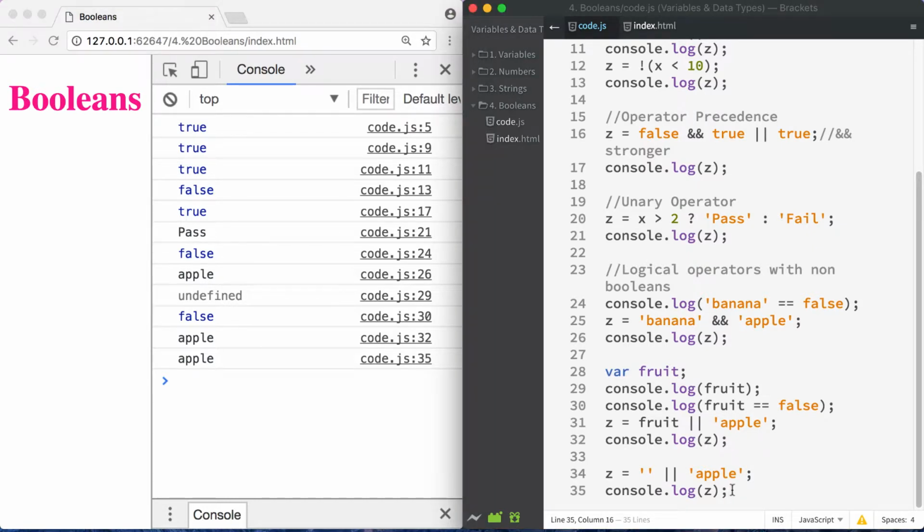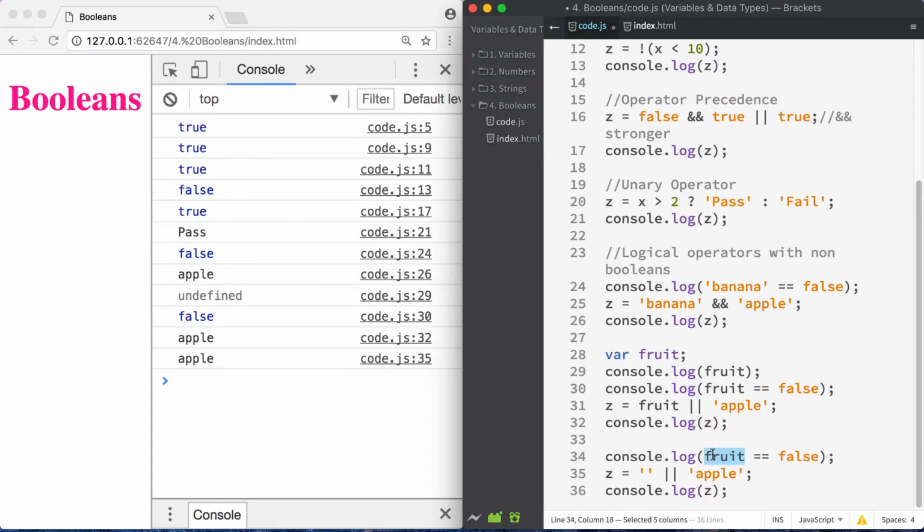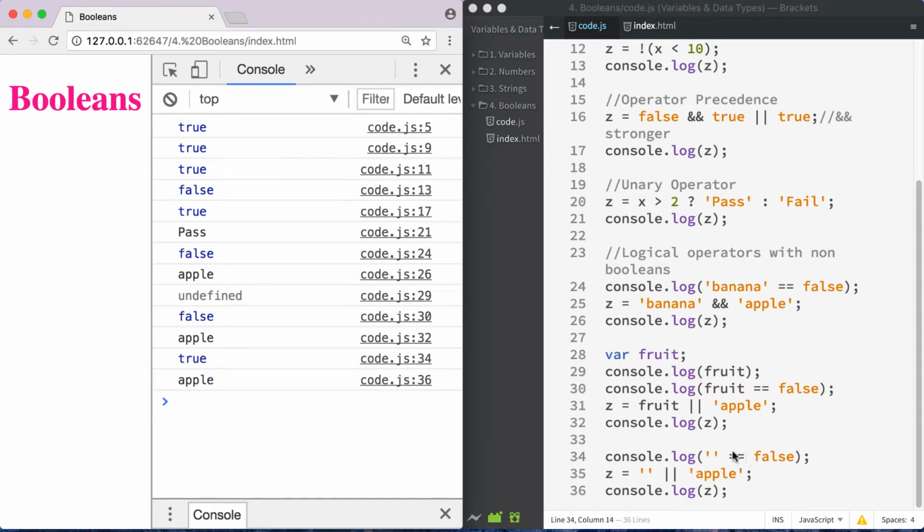Okay, so in this case, the empty string has been coerced to false, because if you try this, it will give you true. So that has been coerced to false, so JavaScript just threw the second element. All right, now let's try